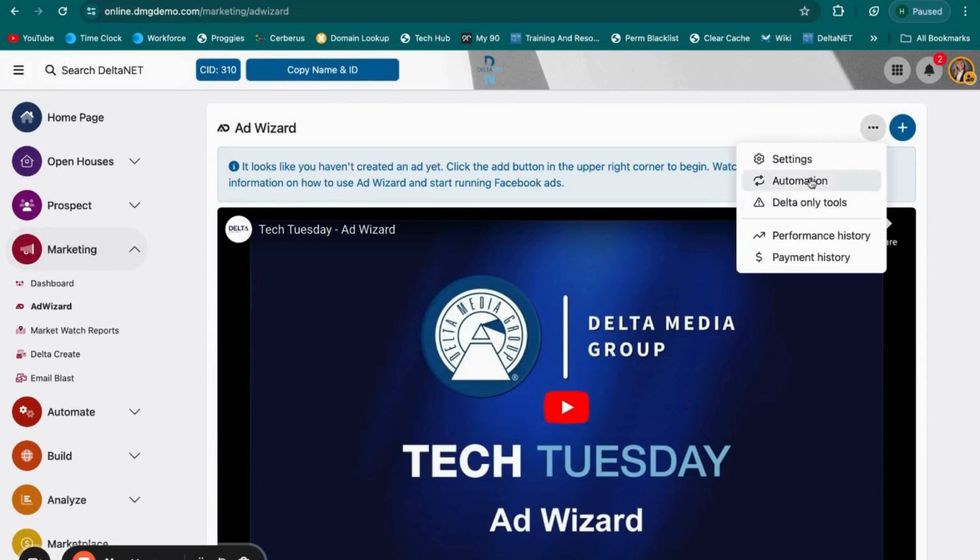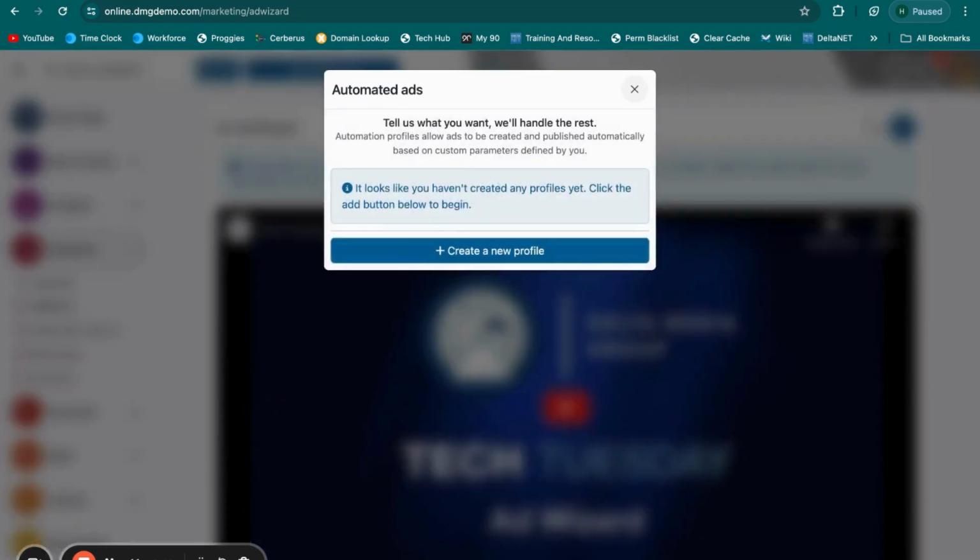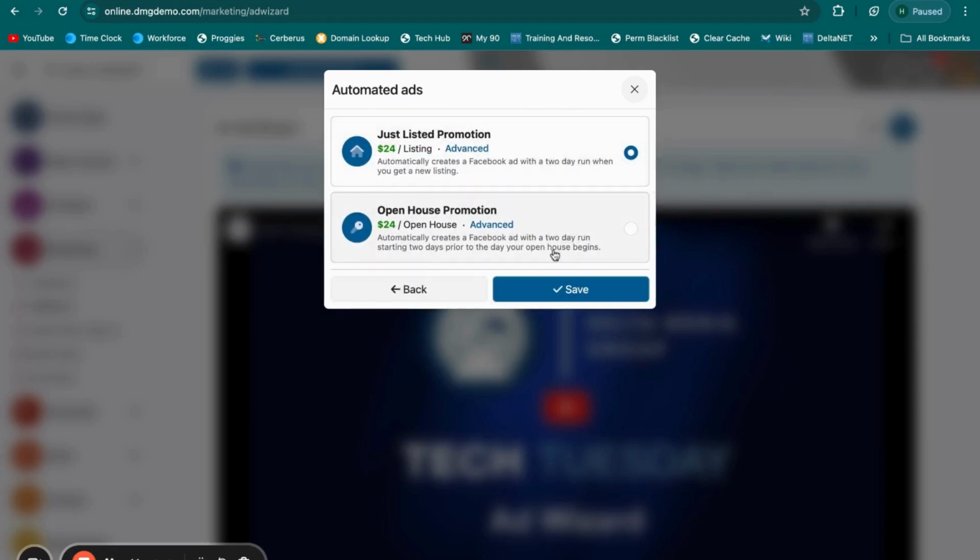You can also see automation. So you can come into automation and you can create a profile for an automated Ad Wizard account. So you can see here from creating a new profile, two options here are a just listed promotion, so it's $24 per listing. It automatically creates a Facebook ad that runs for 2 days when you get a new listing,